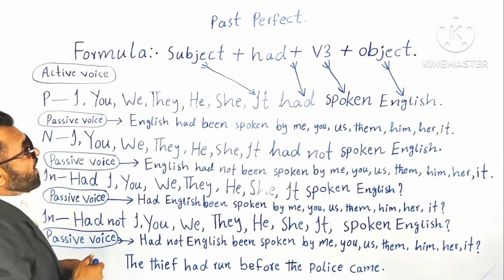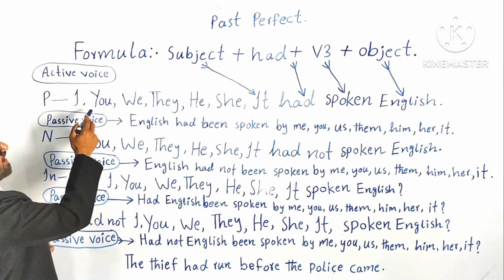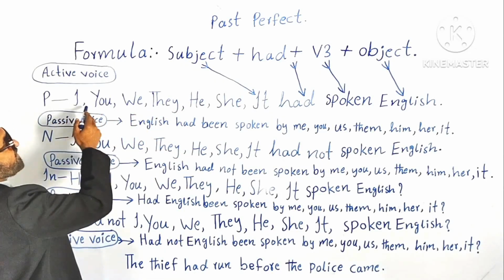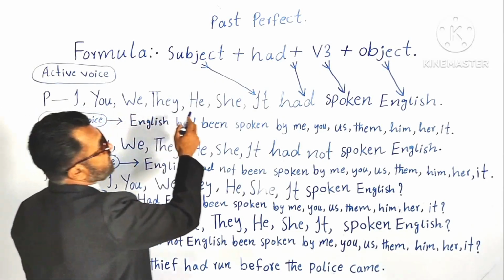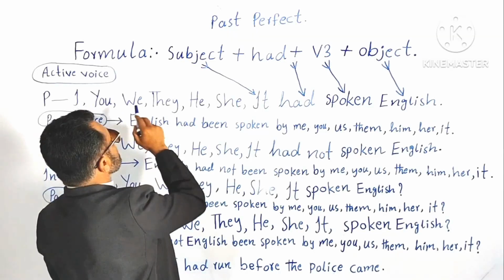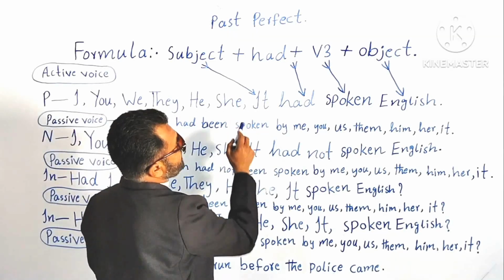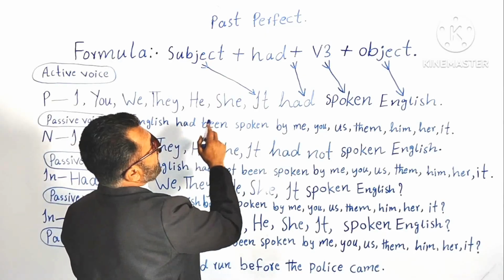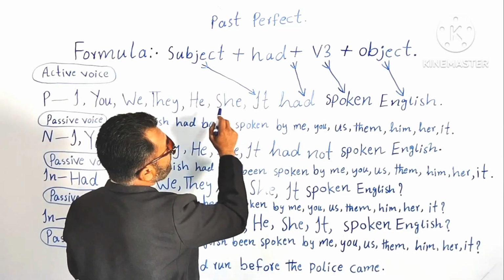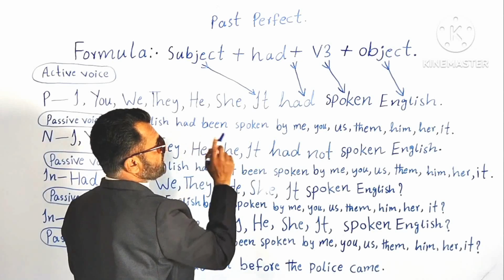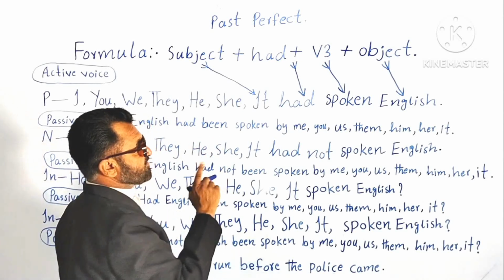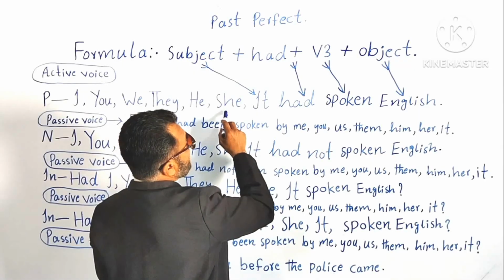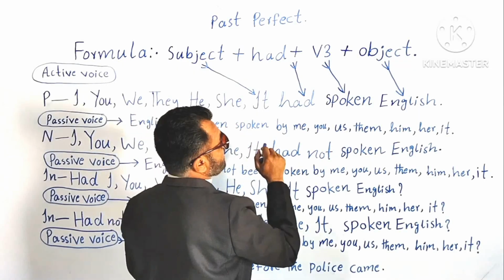Clear? Now it's a way of writing that I have written on the board. All these subjects I have written here on the board. You can see I, you, we, they, he, she, it, one name, Ali. So these are all subjects. Now here you have to use one of them, not all of them as I have written. No, you cannot make this mistake. Understood? You have to use one of them. Okay, the subject can be one.